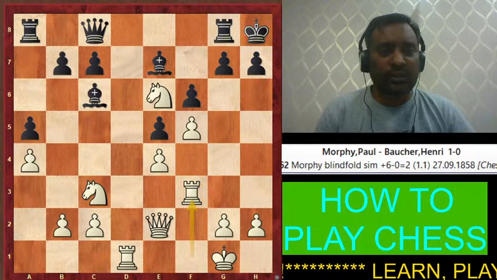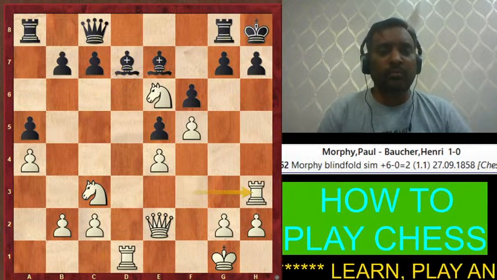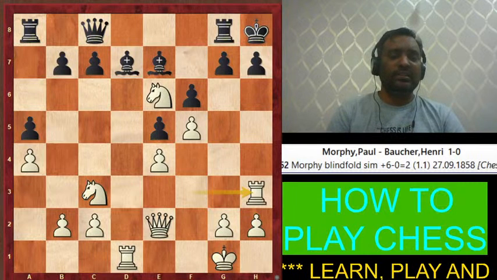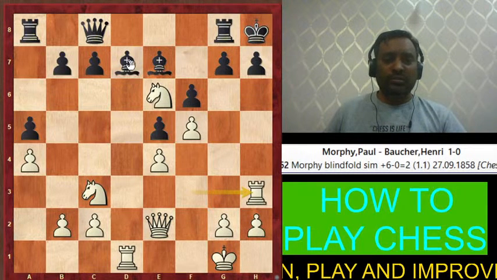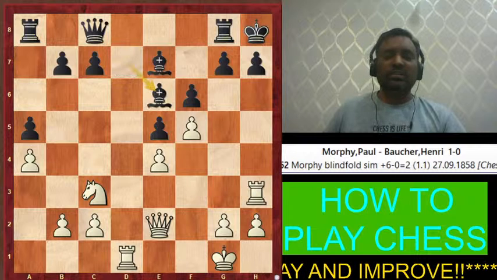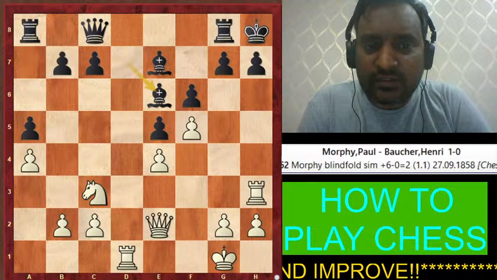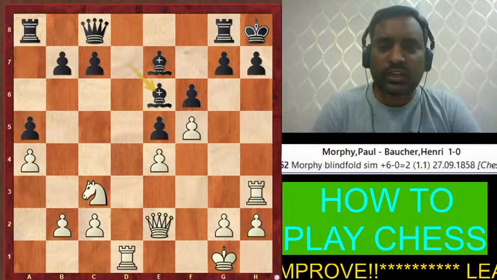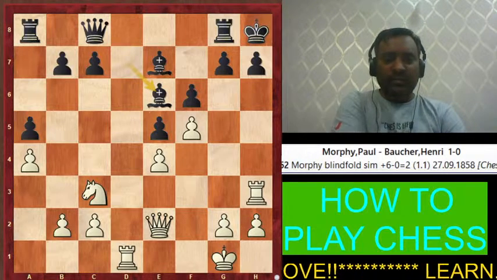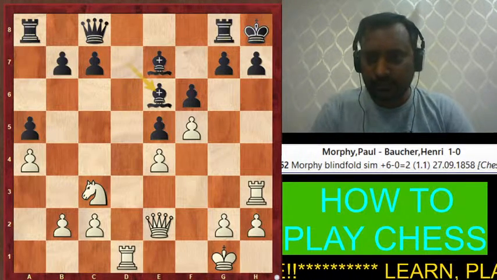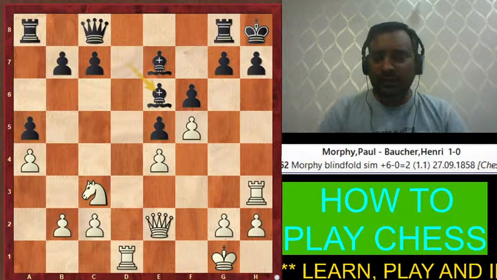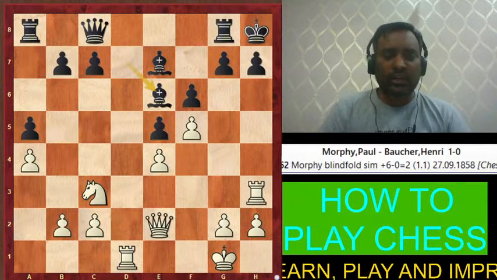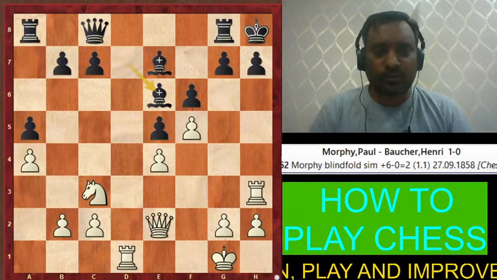Okay, so here the opponent played bishop to d7. Paul Morphy played this. Now the idea of this move is to simply do checkmate. Here, suppose the opponent tries to capture this knight, you know guys, white will checkmate the black king in two moves. Can anyone guess how that checkmate will happen? In two moves white can checkmate. If you know the move, let me know. How can you checkmate the black king in two moves?